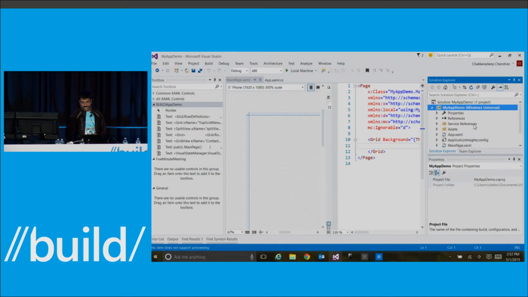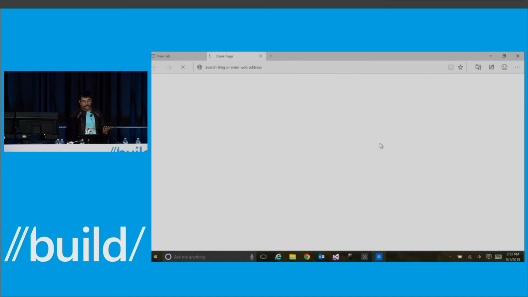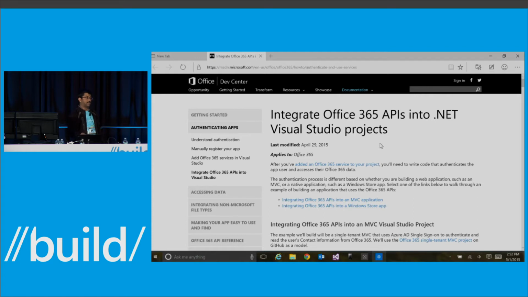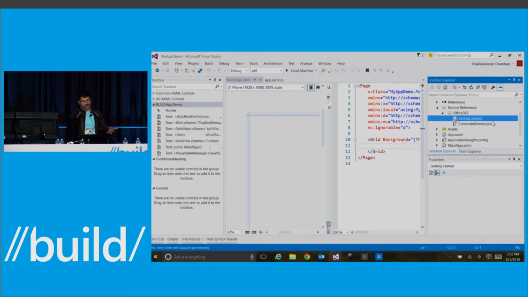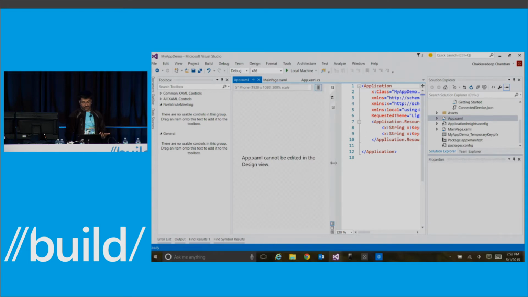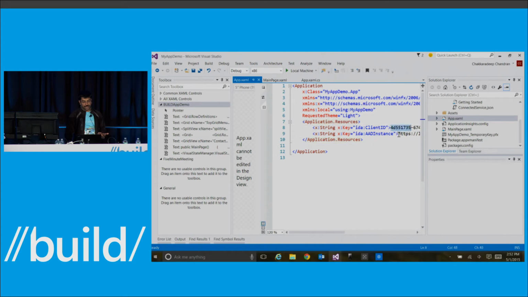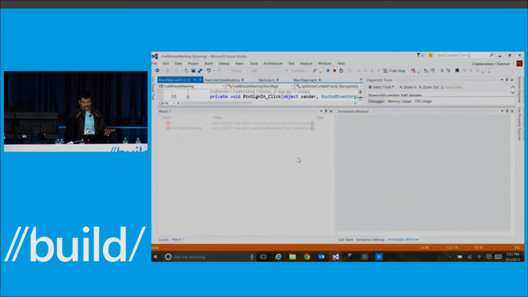So if you look at what happened here, we have a service reference folder. We added Office 365. Now, if you suddenly want to understand what to do next, you can click Getting Started, and we will take you to the actual page where you can find information on how to interact with these APIs. So all the information is here. And then if you look at app.xaml, you actually see the client ID and AAD instance. So if you look at our code in 5-minute meeting,